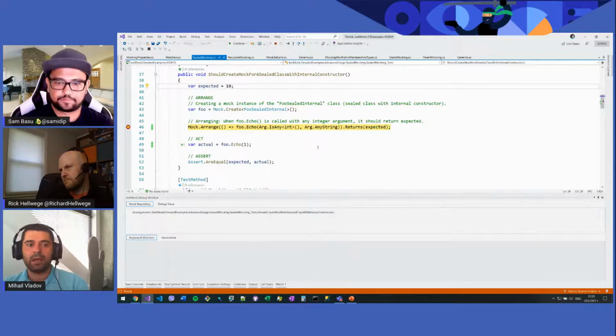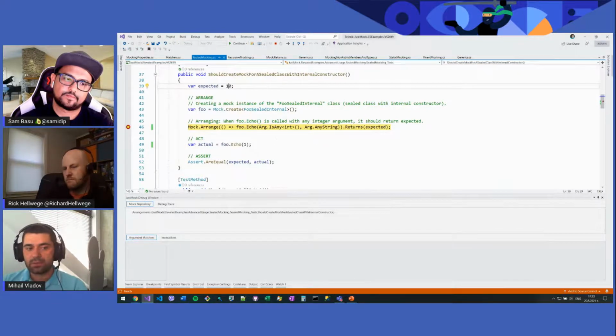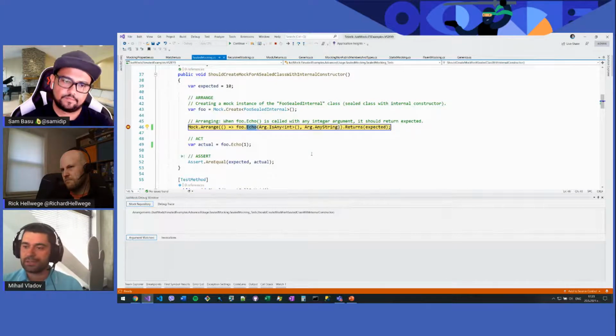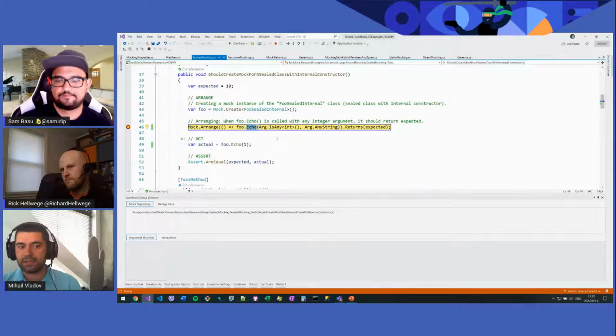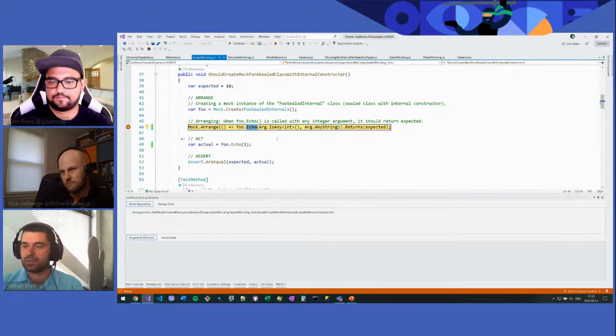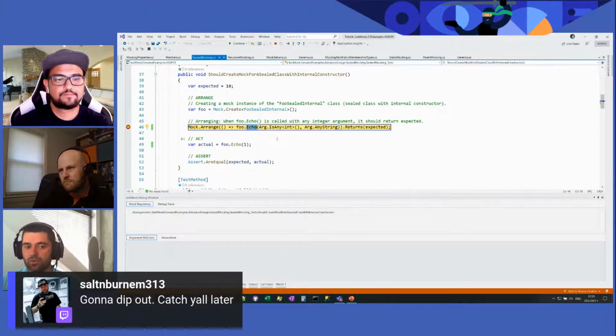And what JustMock does is, when the echo method starts to be compiled by the CLR, JustMock inserts a few lines of code that check if you have some arrangement for that method. If so, it will execute the logic that you want. And if it doesn't have any arrangement, it will execute the actual real logic.